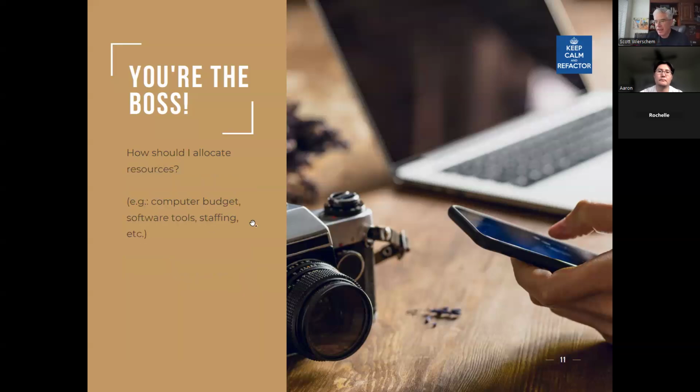It's a small thing, but it matters a lot. I can't encourage you enough to do that. How should I allocate my resources? I've only got so many hours in a day. So if I'm the boss, I've got to decide how I'm going to allocate my time and how I'm going to allocate my money.